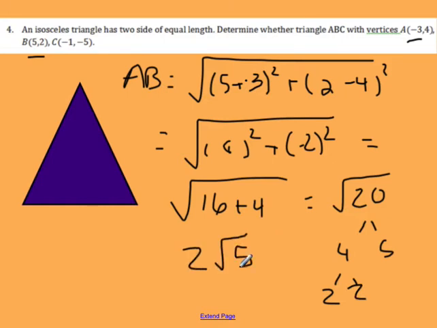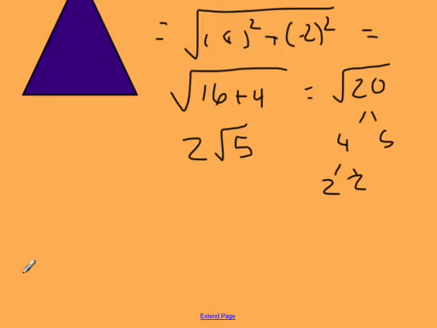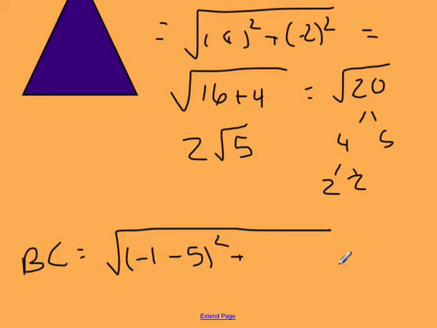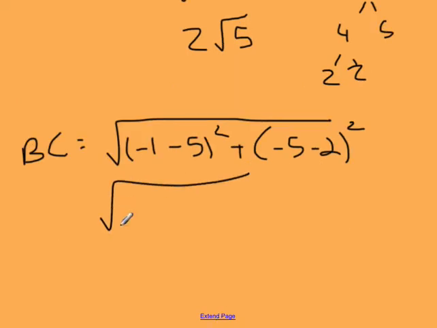So that's for AB. After we calculate AB, we want to calculate BC. So BC has the points 5, 2, and negative 1, negative 5. So let's go ahead and calculate that. Let's take a look at BC. We're going to do x2 minus x1 and square it, plus y2 minus y1 and square it. So then what you end up getting is the square root of negative 6 squared plus negative 7 squared, which is the square root